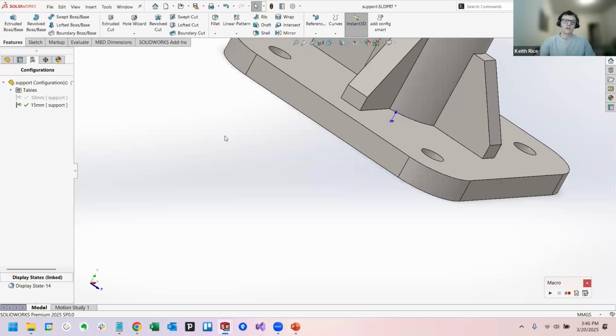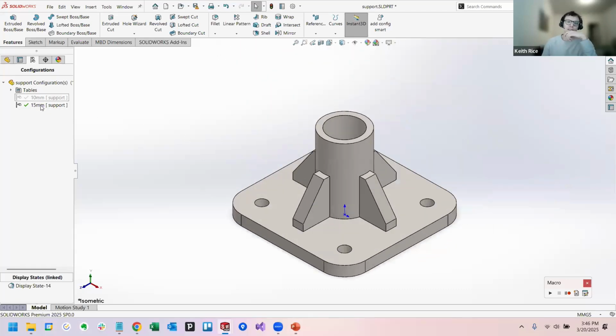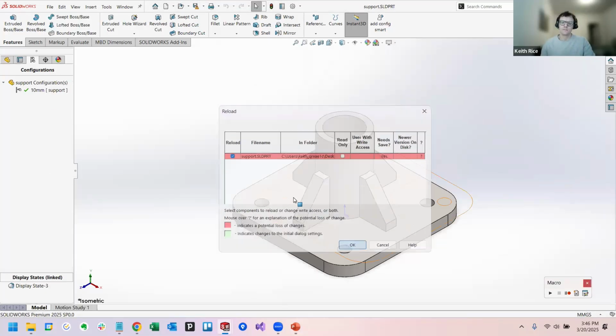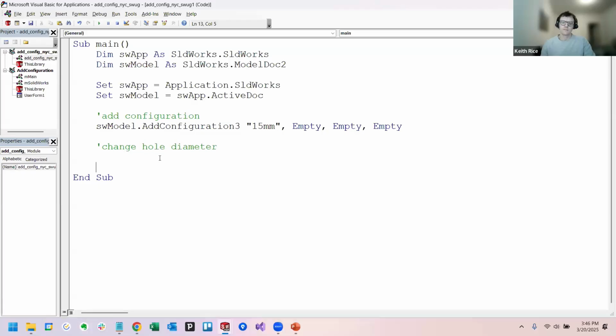Yep, so it worked. Now, there shouldn't be any difference between these configurations, right? Because we haven't actually changed the diameter. Let's reload this. I know I'm going a little fast, but what I just showed you where you use the